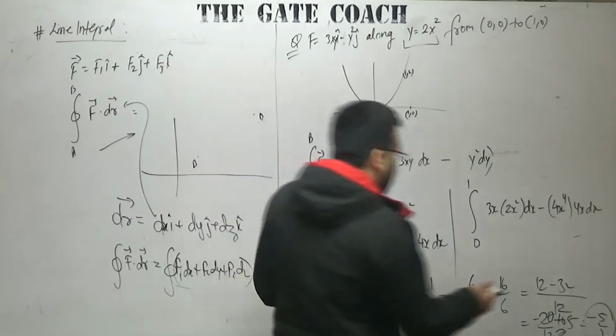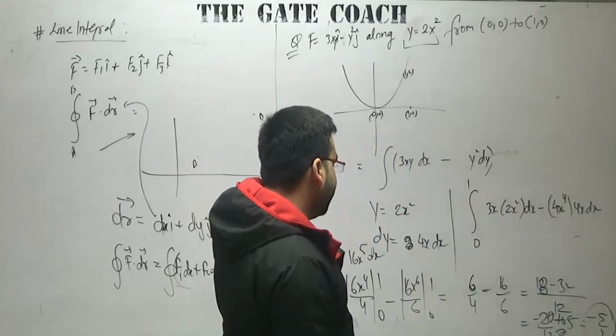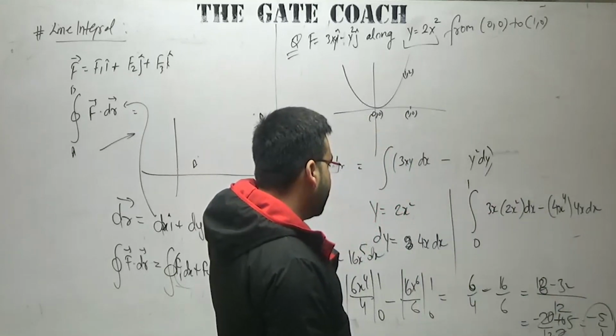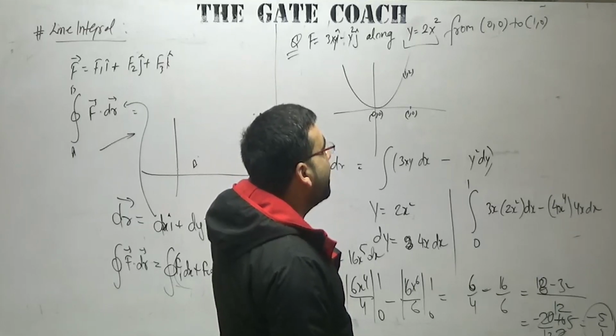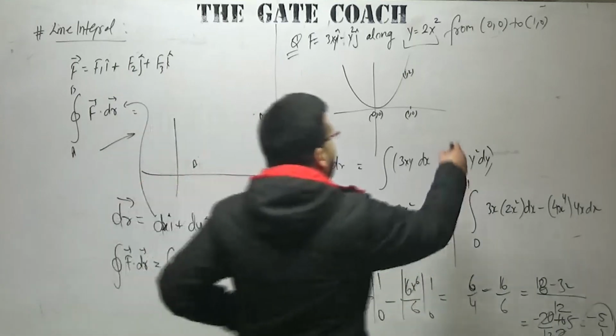18. Sorry, this is 18. 18 and it will be 32, right? It will be equal to what? It will be equal to minus 10, which will be equal to 22. 22 minus 8, it will be 14. So 14 by 12, right? 14 by 12. It will be minus 14 by 12.